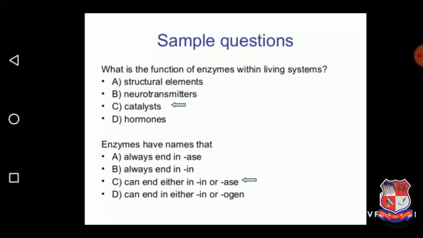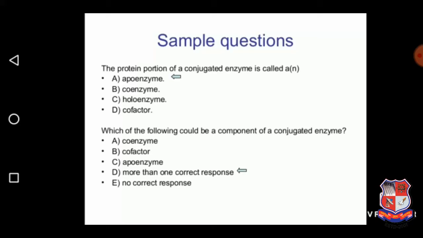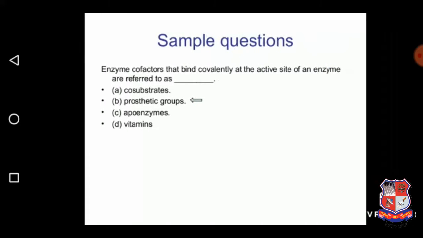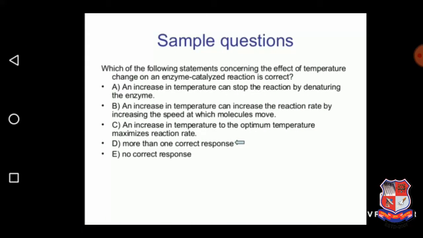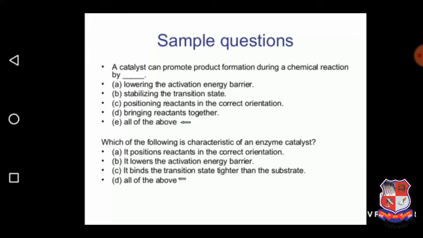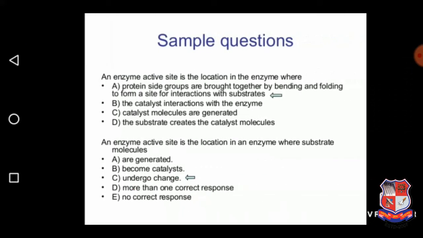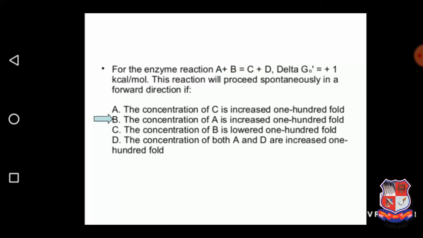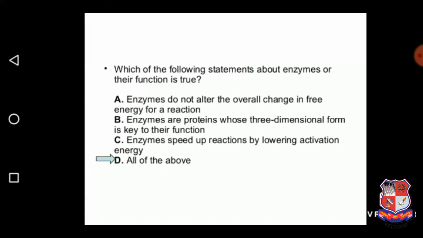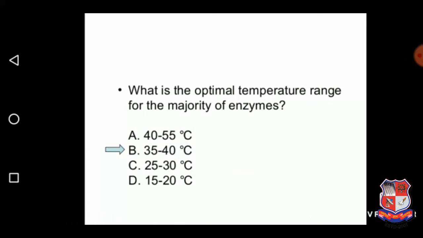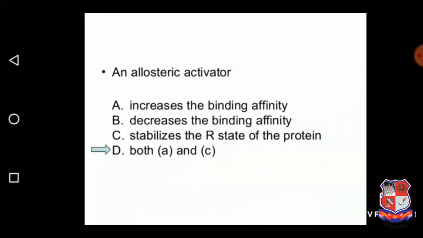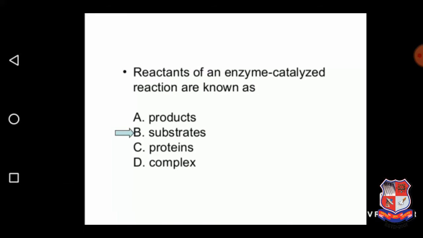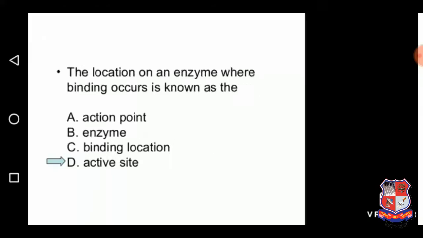Function of enzyme, conjugated enzyme, component of a conjugated enzyme, site of an enzyme referred to as, effect of temperature on an enzyme catalyzed reaction. These are the enzymatic questions. Enzyme reactions, statements about enzymes, optimal temperature range for the majority of enzymes, allosteric activator, enzyme catalyzed reaction, location on an enzyme,